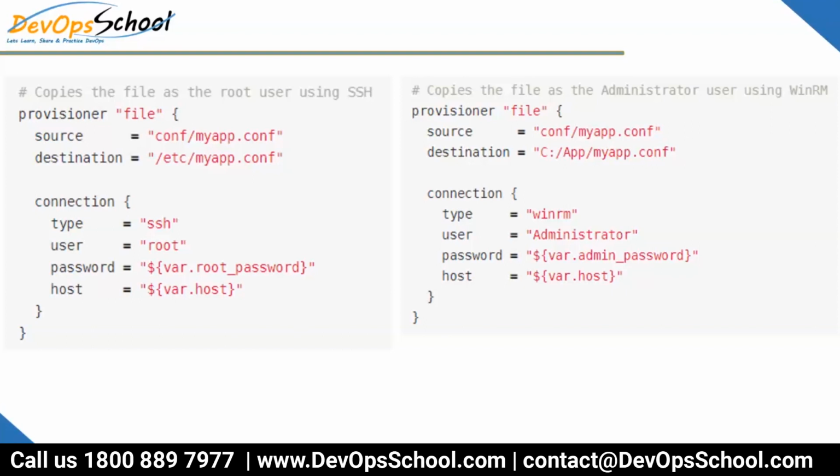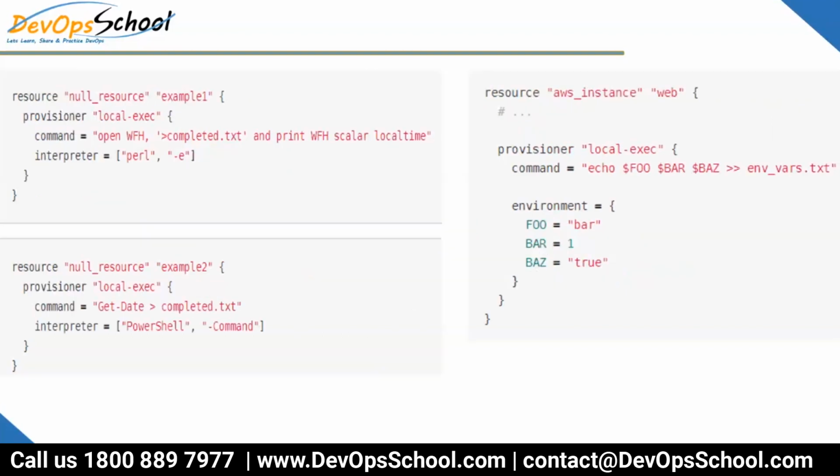There's only one protocol we support for working with Windows, and nowadays it comes enabled by default. Earlier we used to enable it. So I hope you understand WinRM. Right side is Windows, left side is Linux. Are you comfortable with this code, all of you? Yes. So this is the stuff. Now, null resources I'll not discuss right now. Let's forget about it. I'll skip it because I need to explain it in detail a little bit later.